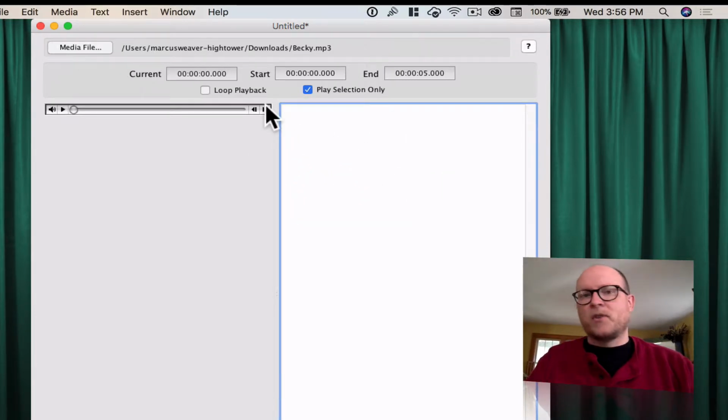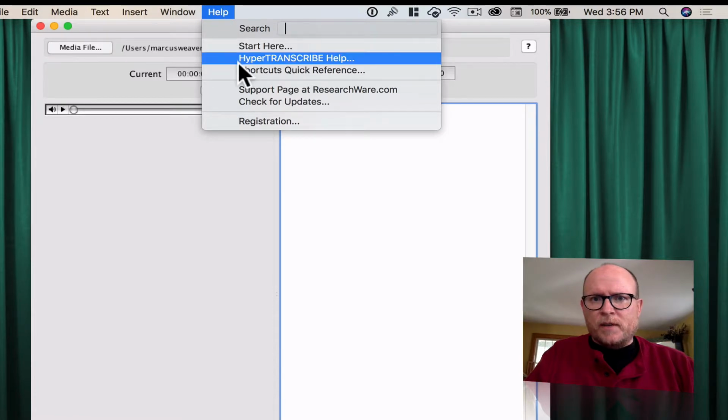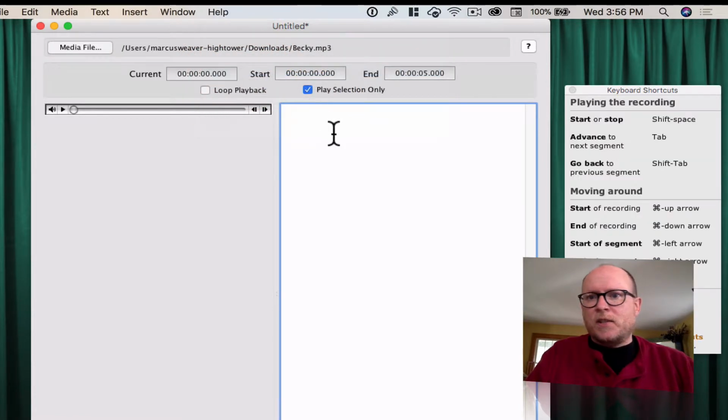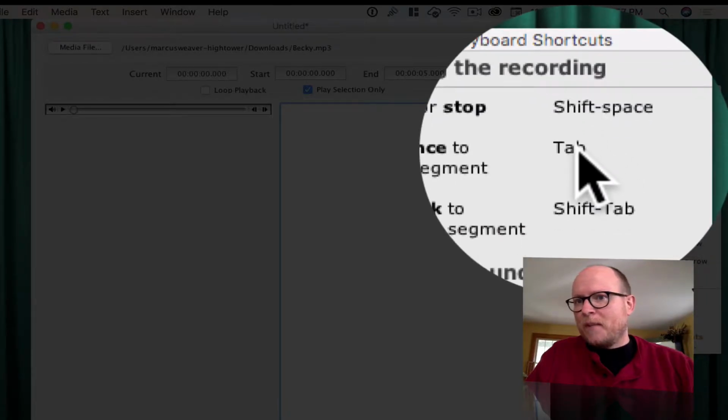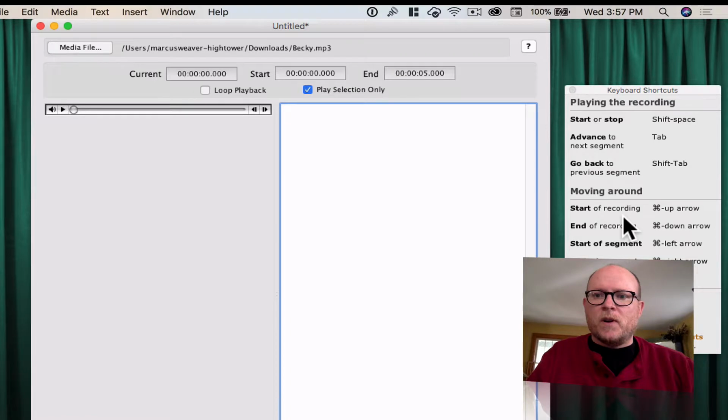Now, the nice thing about HyperTRANSCRIBE is that it will loop the playback over and over until you tell it to go forward. And there are a number of different shortcuts that you can use to let it know when to start or stop the recording. So you can hit shift space to do that. You can hit tab to go on to the next segment, so on and so forth. And other keyboard shortcuts that you can use so that you don't actually have to take your hands off the